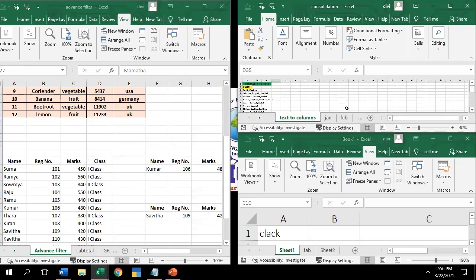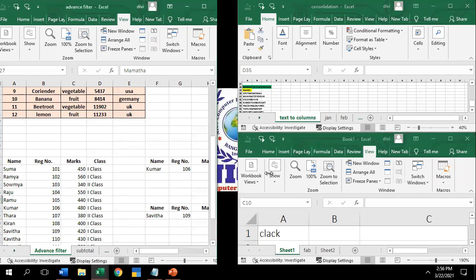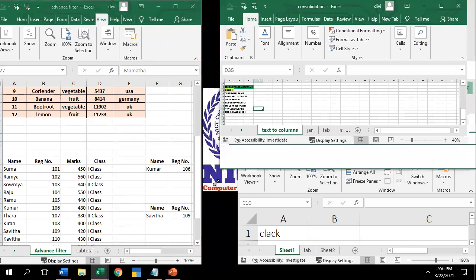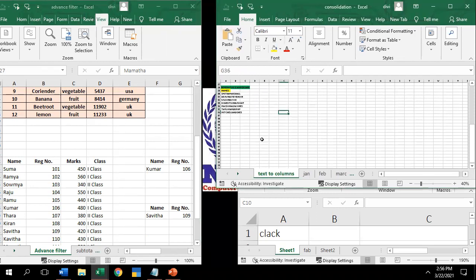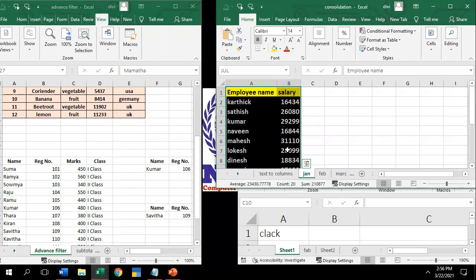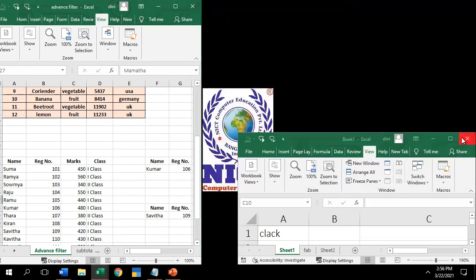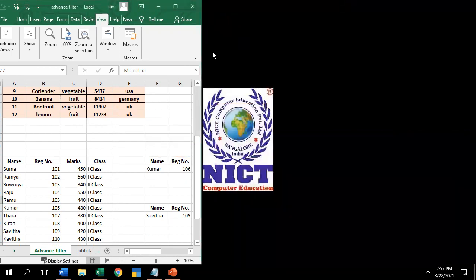Okay, you can compare the data, or if you want to analyze, you can analyze how many sheets you want, how many workbooks you want. You can easily analyze, and you can rearrange it according to your preview. So I can analyze the January sheet consolidation. Either you can use this method, or you can do it by one more method.